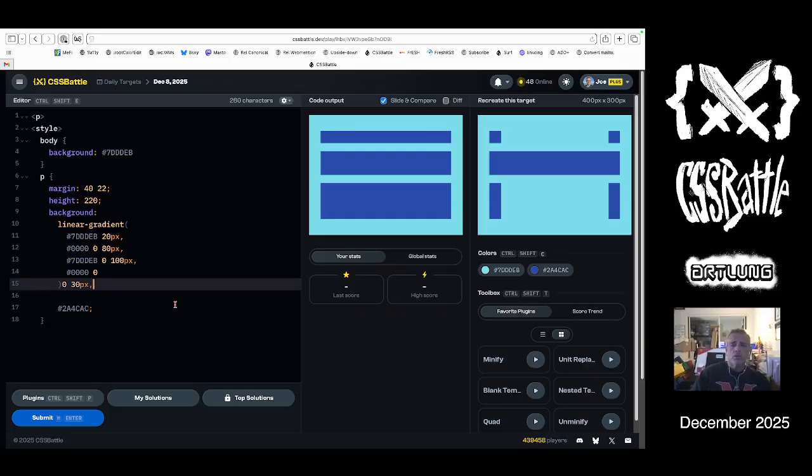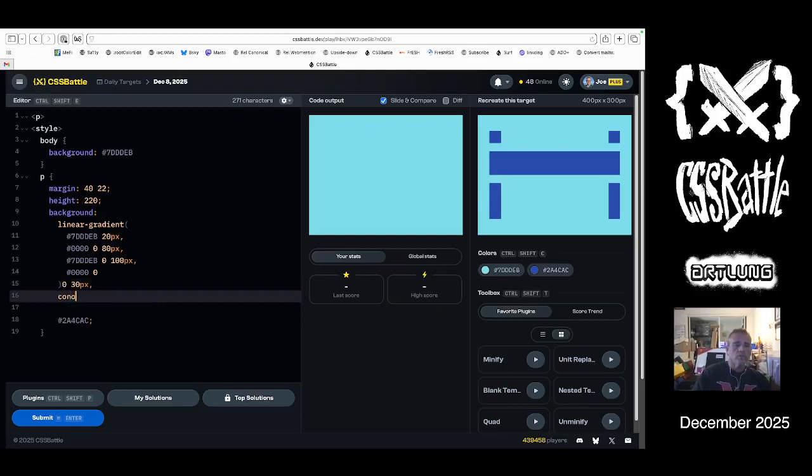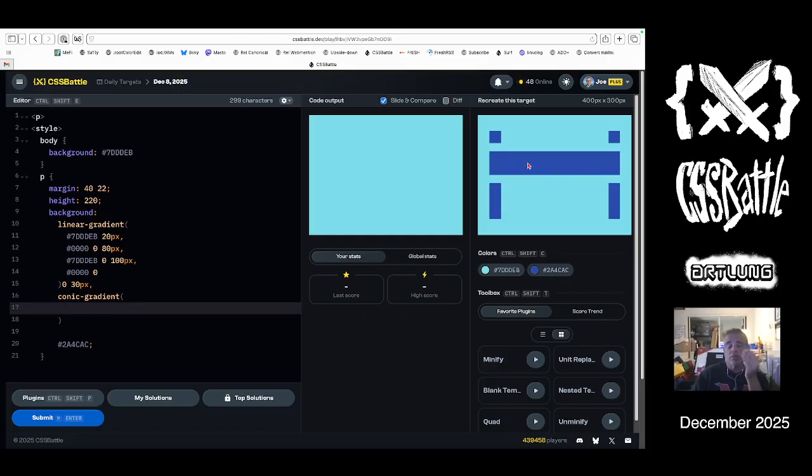So what I would like to do is a conic gradient. And I'm going to do, so I have 2 color stops. I want blue, light, transparent, blue, blue. That's the pattern that I want. Or do I want blue, transparent, blue, blue? So blue, 25% or 90 degrees. So if I do from 90 degrees,